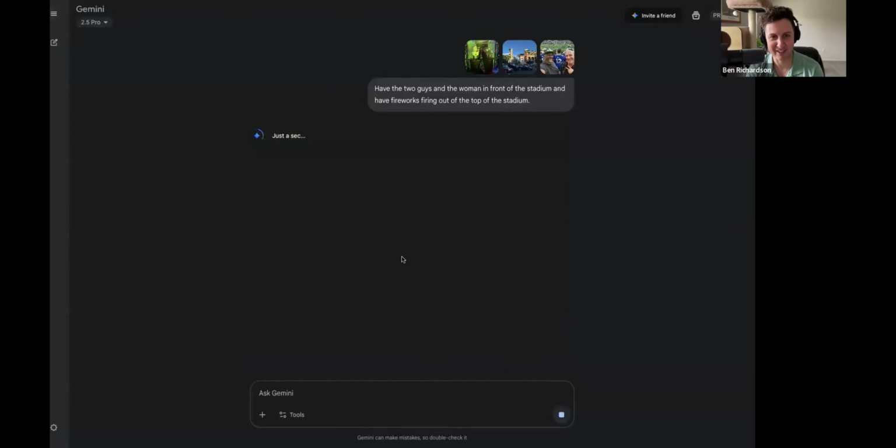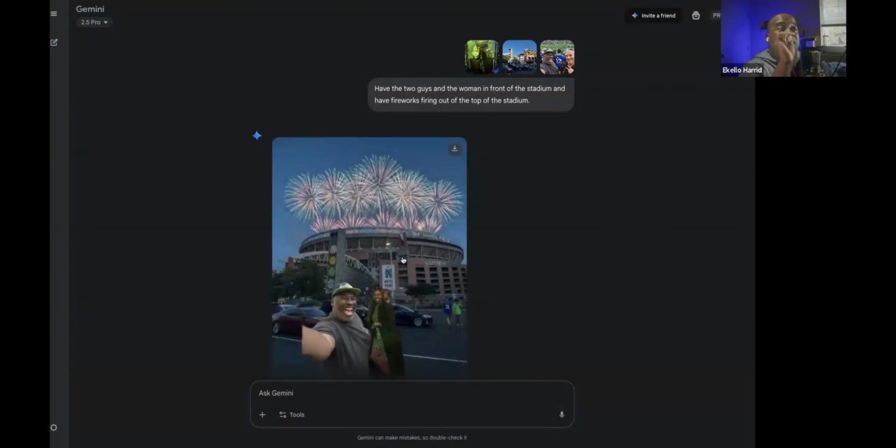Like, what the heck is he doing? Oh my goodness. This is going to be interesting, because it could take this very literally and go, oh, you want them firing literally out of the top of the stadium like it's a mortar. So let's see if it can understand a little bit of that human syntax. Here we go. And the prompt is: have the two guys in the